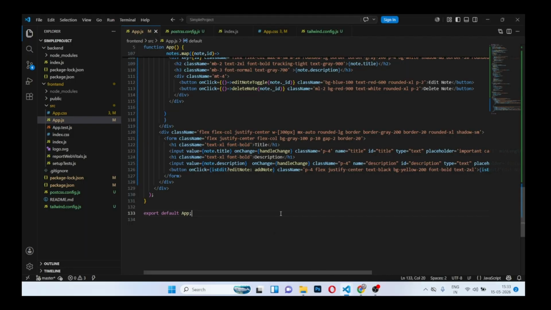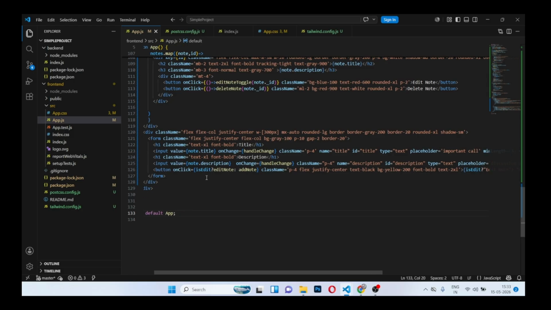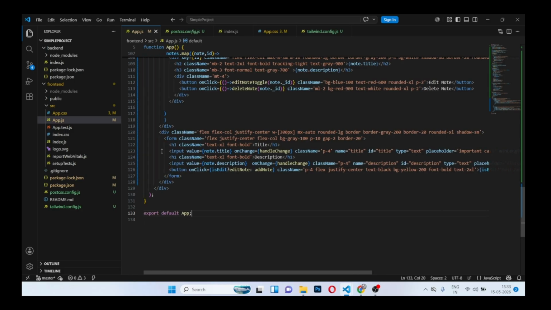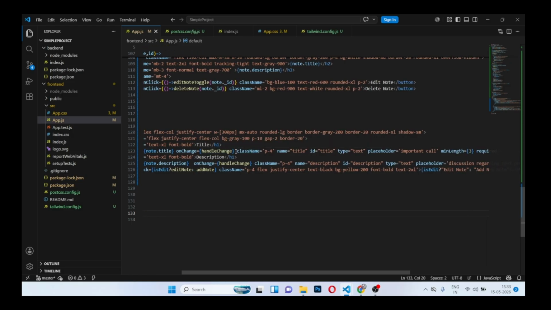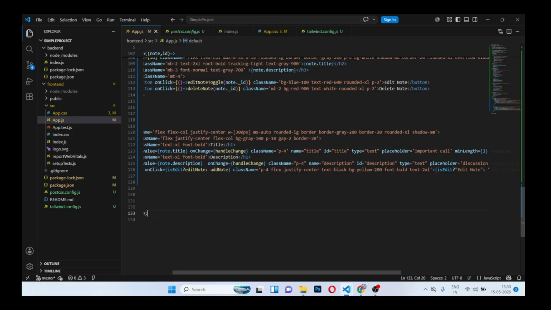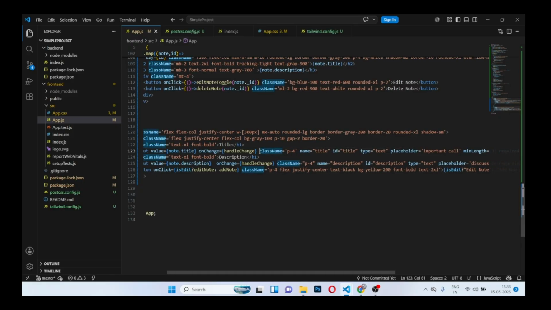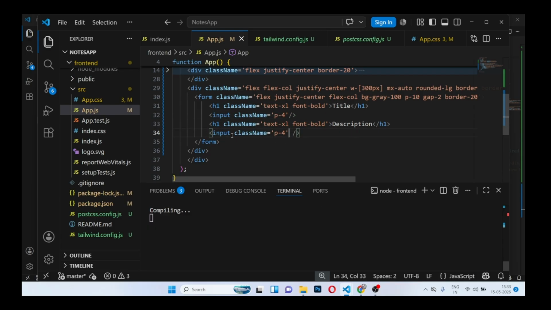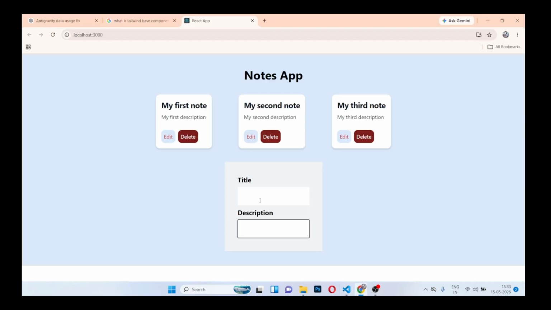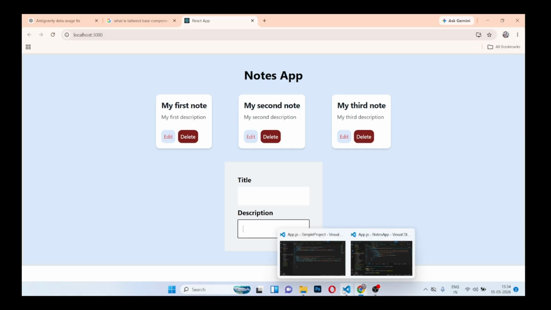Now the next thing we have to do is we have to give default values to these inputs, but before that we will give them classes. Like in this we are giving padding of 4, so we are copying it. In input we will give a padding of 4. Here in input we will give padding of 4. Now our title and description looks bigger. Okay,